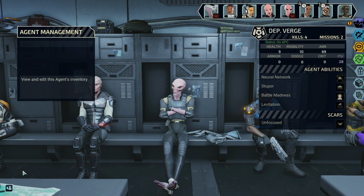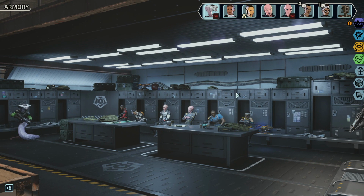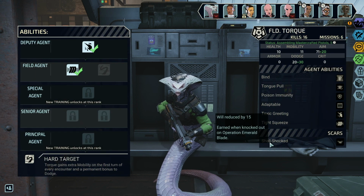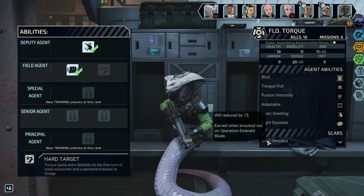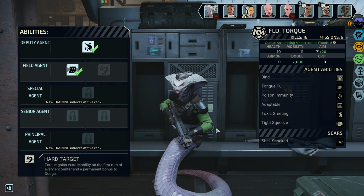We're probably going to have to do some shuffling around. I'm glad he got the promotion. I want to be able to use that promotion. I kind of like it. But we're going to bring another scarred soldier back into the team, I believe, in Torque. I don't think his scar is all that bad. Let's do a little refresher. Oh, there it is, shell-shocked. His will is reduced. Well, going against psi attacks, that's also not as good, but his offensive capabilities, I think, will outweigh the risk of him being...